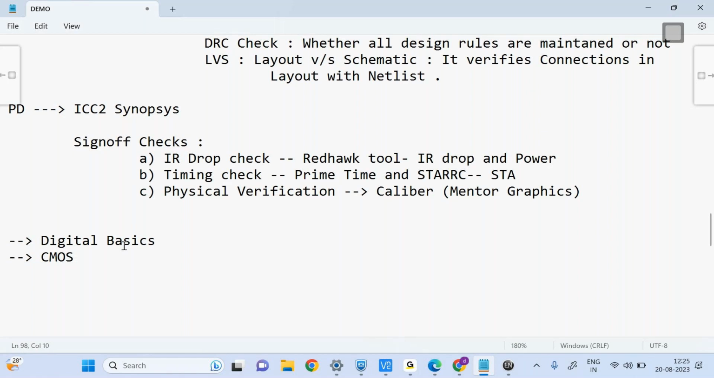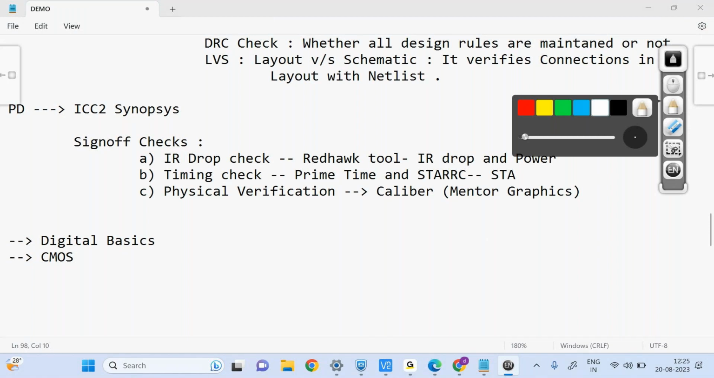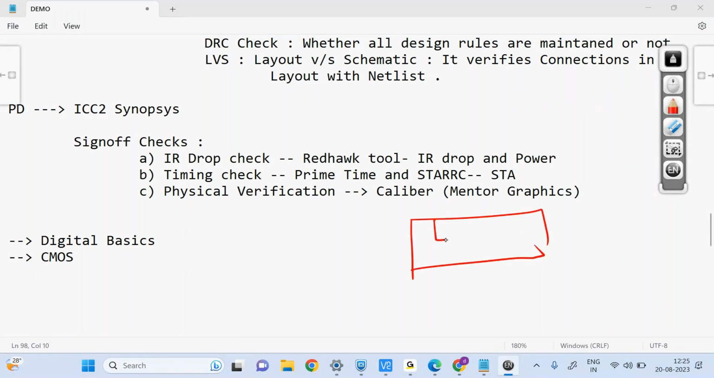If source and drain come very near, this distance is called the channel length. The distance between source and drain is